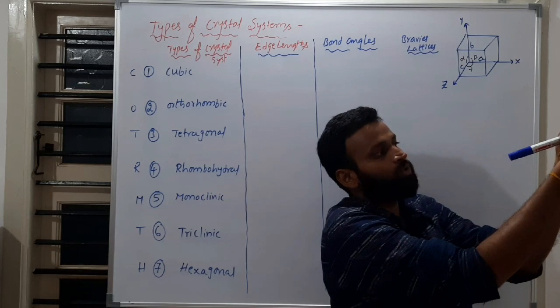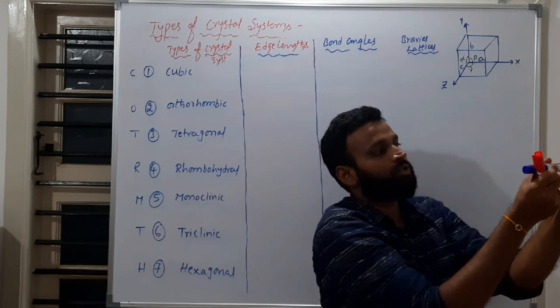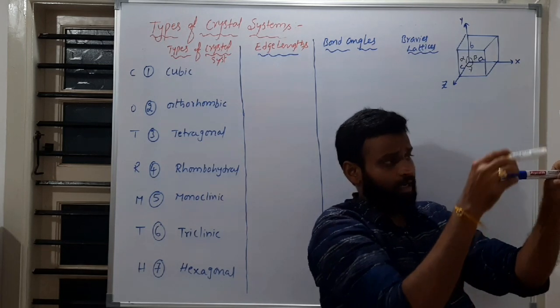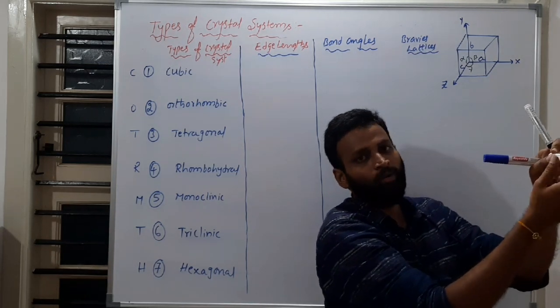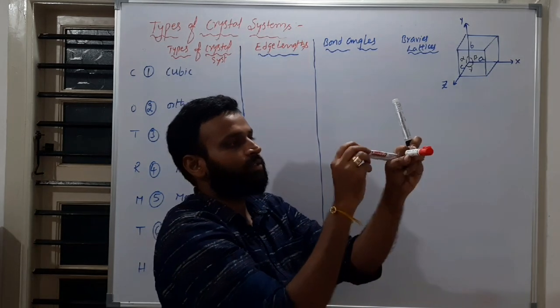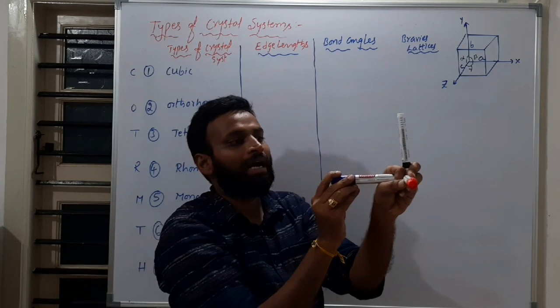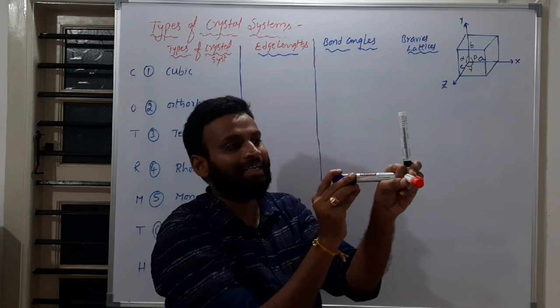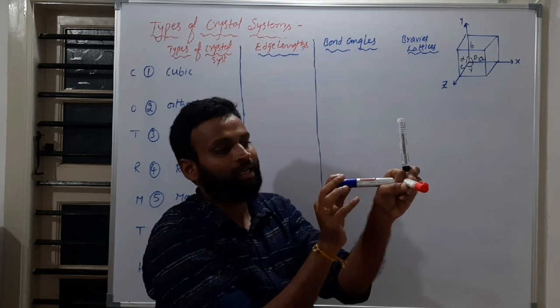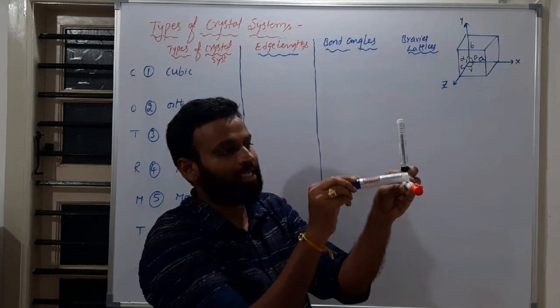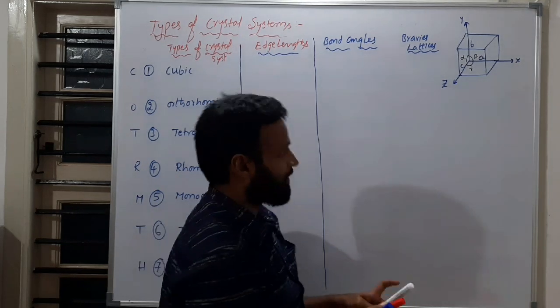This red one is towards you like this. Okay. So you have A and B, and this is C, this red one towards you like this. All lengths are similar, and you have a bond angle of exactly 90 degrees. Like this means 90 degrees or not? If you have it like this, see here to here, what is the angle? 90 degrees you will have like that.